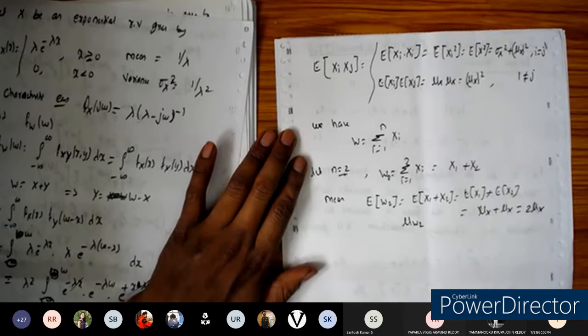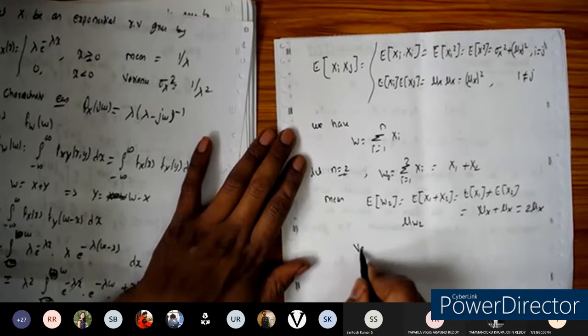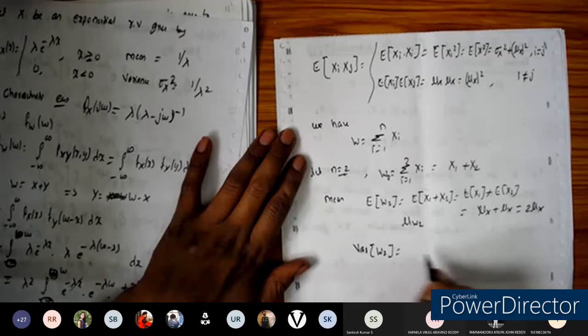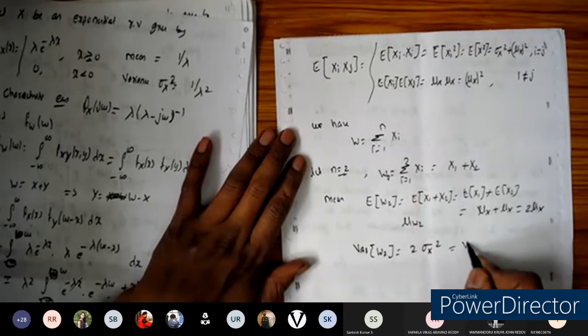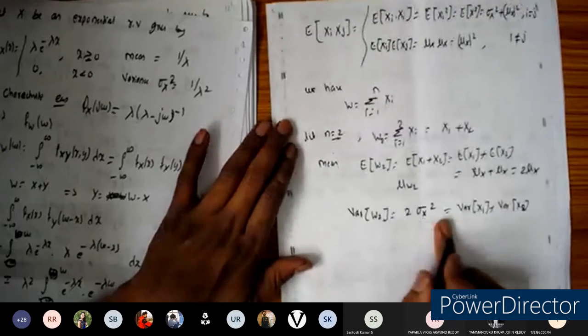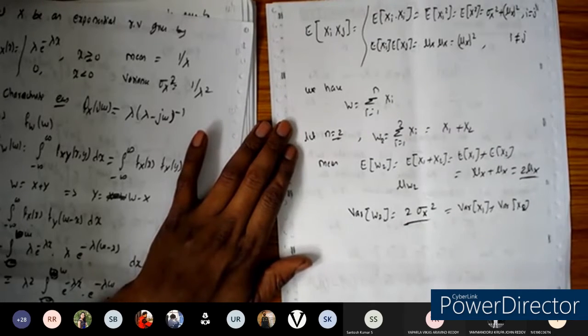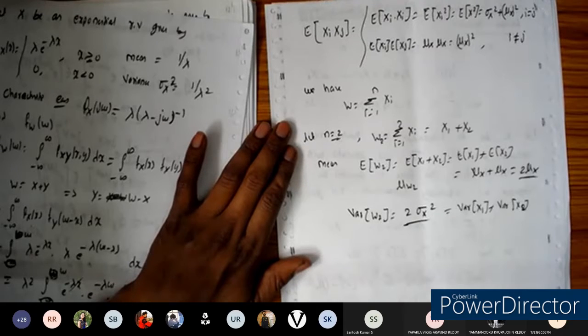All right. Similarly, we'll consider the variance. The variance of W2 is the variance of X1 plus the variance of X2, so it becomes 2 times sigma X squared. So 2 times sigma X squared is the variance, and 2 mu X is the mean. This is for n is equal to 2.